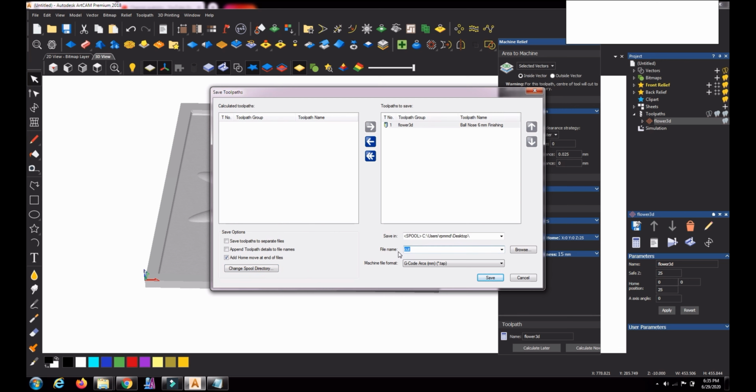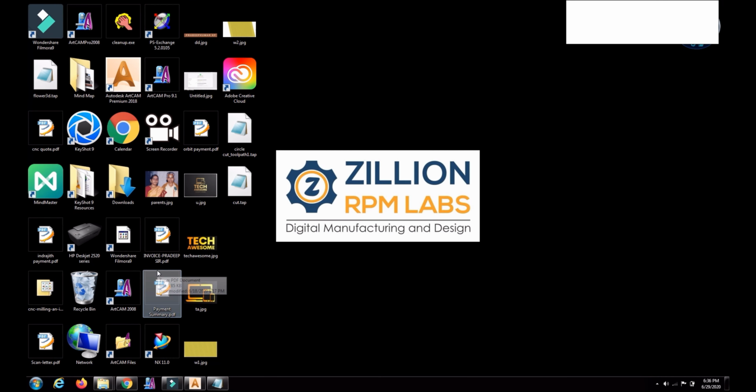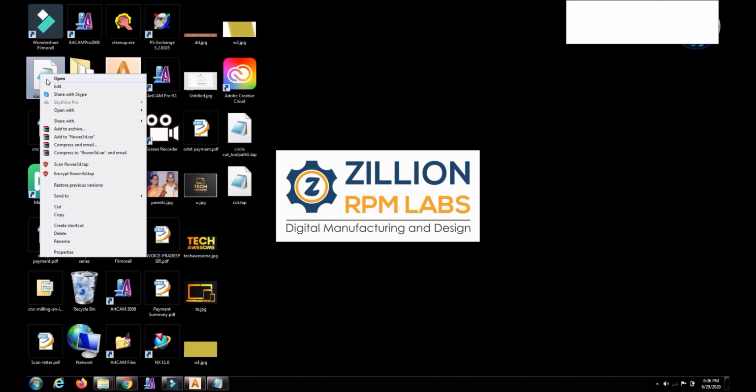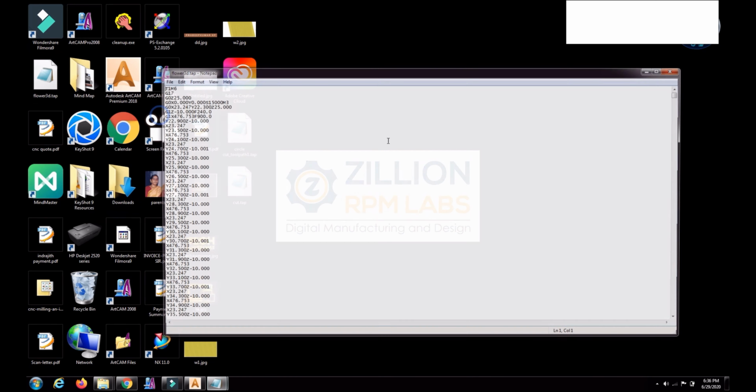The name also we can give to the new file, like flower 3D. Then you can save it. It will go to the desktop. Refresh. We gave the name flower 3D, so it will be here. You can just click it and open it with Notepad.